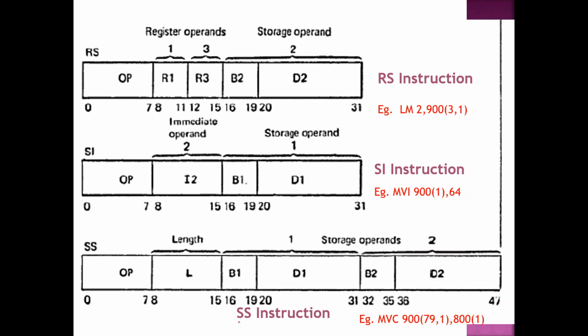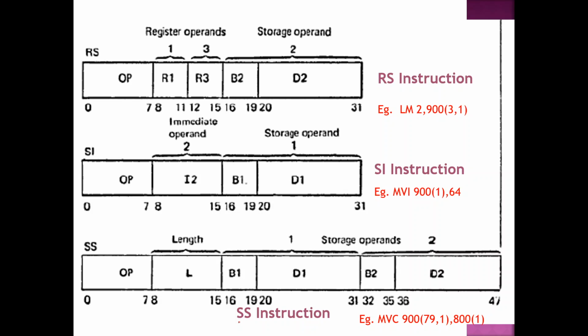We are not going to use any index register here. We are only going to use two normal registers. R1 will be the first register. R3 will be the second register we are going to use. Why R3? Because we are going to have three operands here. The first operand is going to be one register. The second operand is your storage location. There is also going to be a third operand here, which is nothing but another register. So what is the need of it? We will see. First, let me tell you the format.